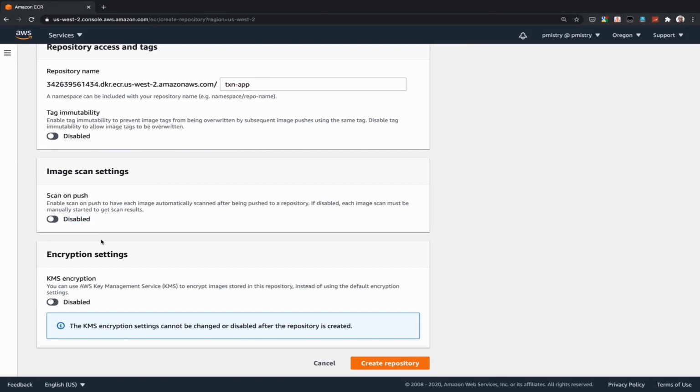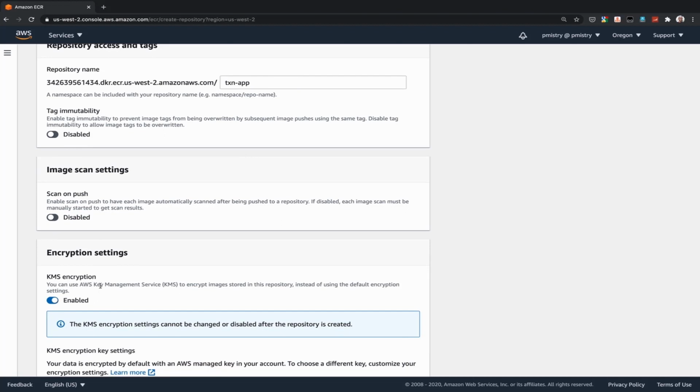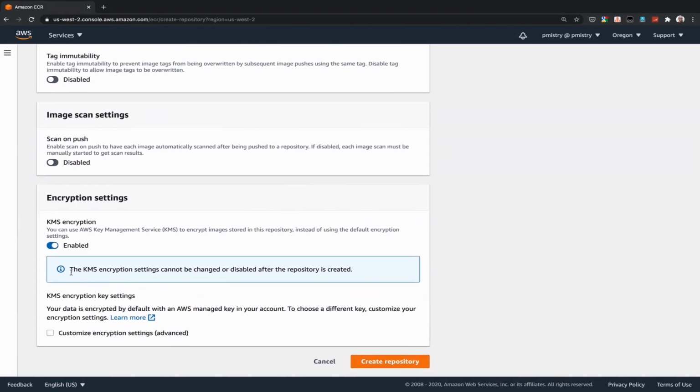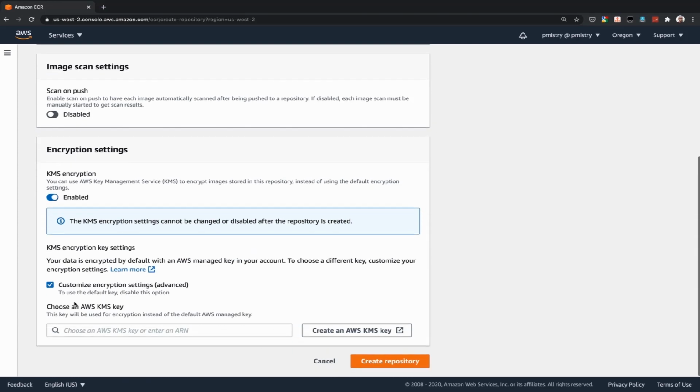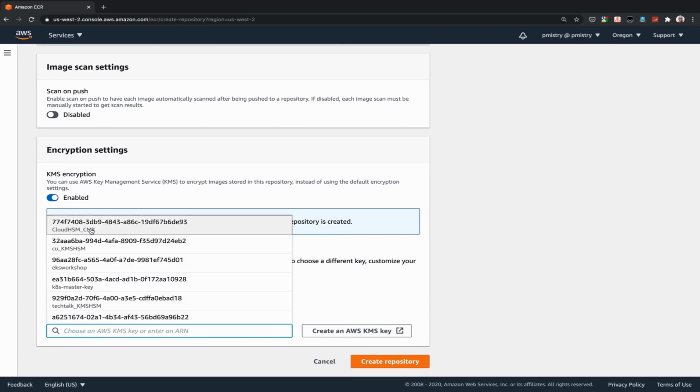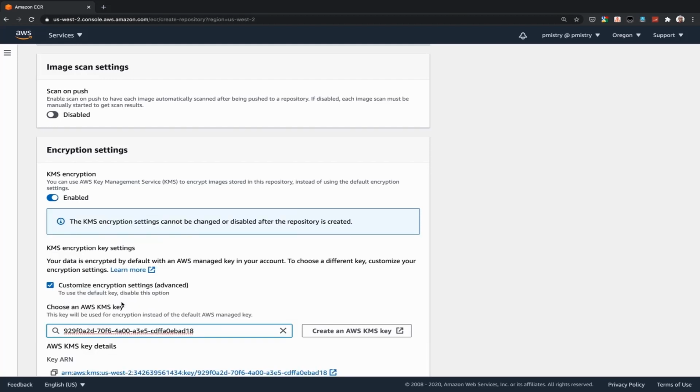But this is a new set of options introduced with the new feature, encryption settings. If we enable it, then by default, it will use the AWS managed key in your account, which is specific to ECR. Now, if you click on the customize encryption settings checkbox, it opens up an input box where it pulls in all your keys from AWS KMS for that account within that region. So here we can see that I have a few keys, and this one, Tech Talk KMS HSM,